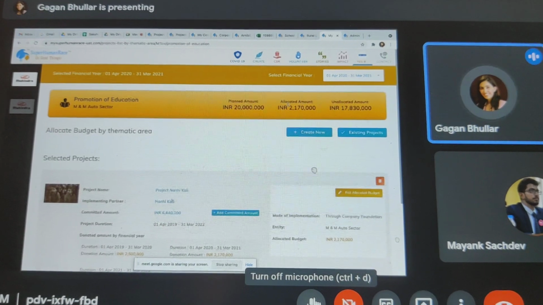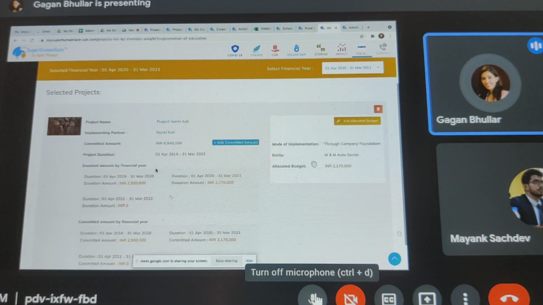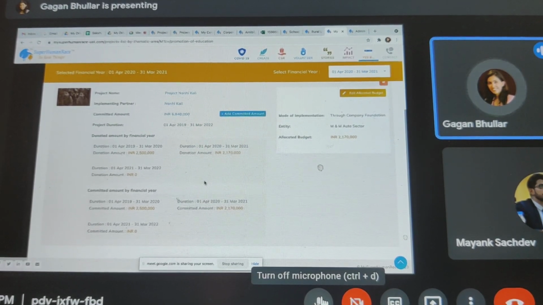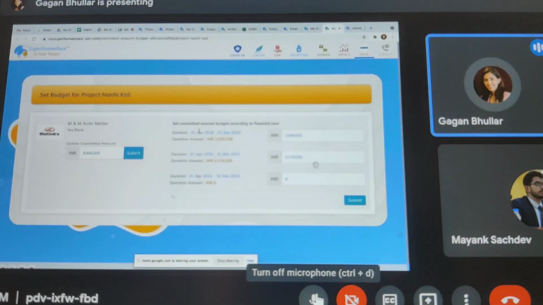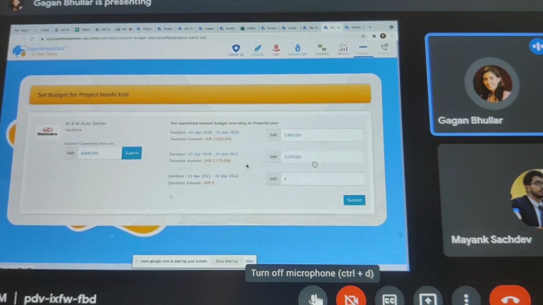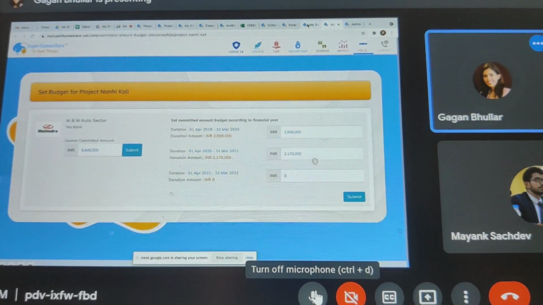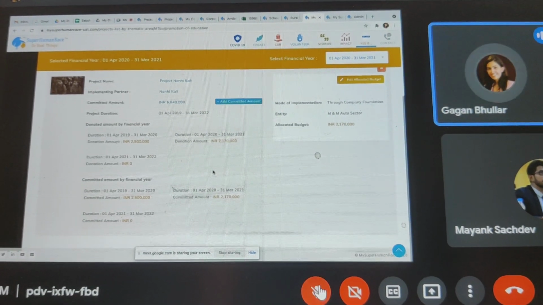So here it shows me out of my planned amount, what have I allocated, what is unallocated. If I have allocated something, who have I allocated it to? So it also shows me the projects here. Then if I want to see what was committed, what is spent, what is unspent, it generates all of that right here. Okay. So it continues to track that.